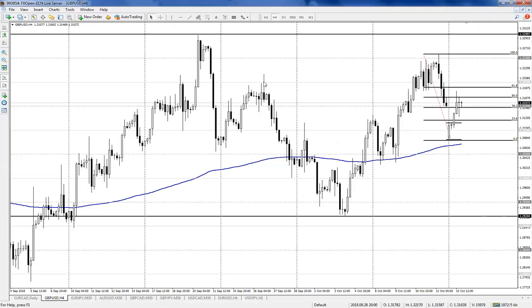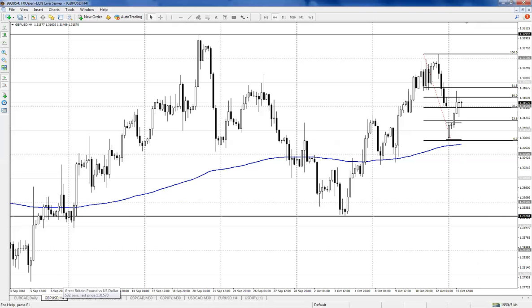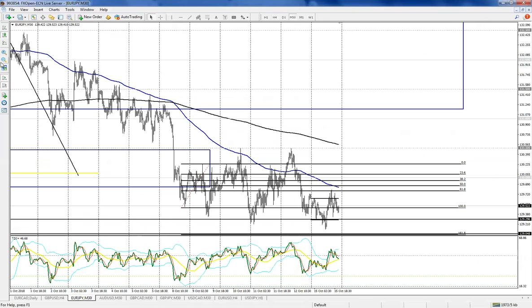And previous market structure as well: the market spiked above here and came back in, broke it, tagged and activated those buy stops above 3,250, and then pulled back in. So it pretty much looks like a toss up between the longs and the shorts. But since the bias is long term, or mid term rather, to the downside, I'd definitely be looking at 3,200. It's more or less in line with what I'd be expecting from the euro dollar as well. So a bit of a rally, but predominantly for the next few weeks, we should be expecting the market